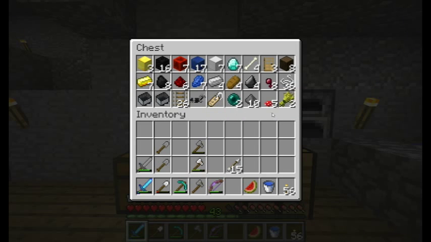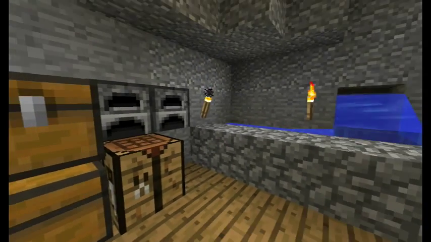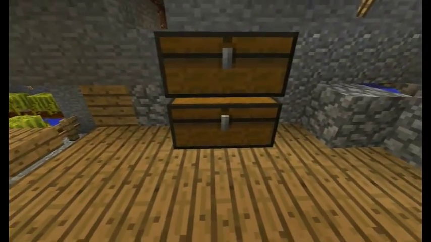Killed a few creepers. Found a few mushrooms. Found some wheat in one of the chests. And that's pretty much everything. Okay, now for the good stuff. Both furnaces are empty. Okay, in the bottom chest is where we're keeping